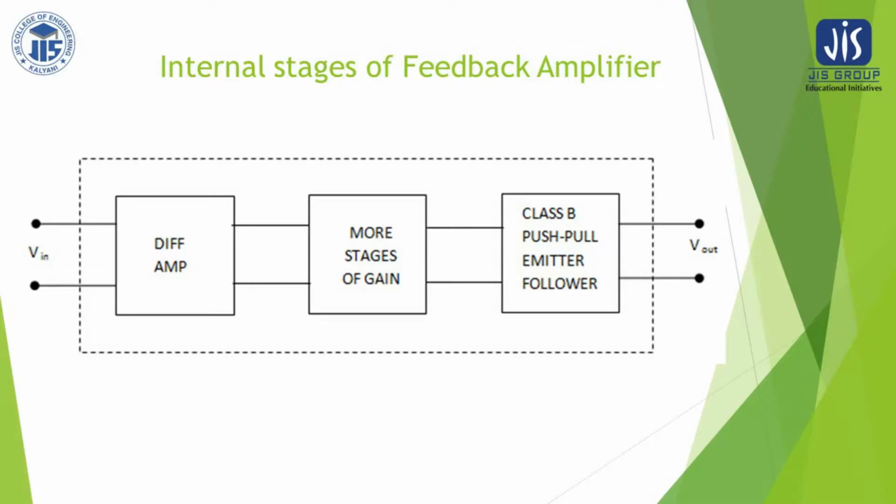Now what about the mixing network and the sampling network? We need to be clear about it. These two types of network are either series connection or shunt connection. These are the two types of connection that can be extensively used whenever there is a requirement of a mixing network, similarly for the sampling network.